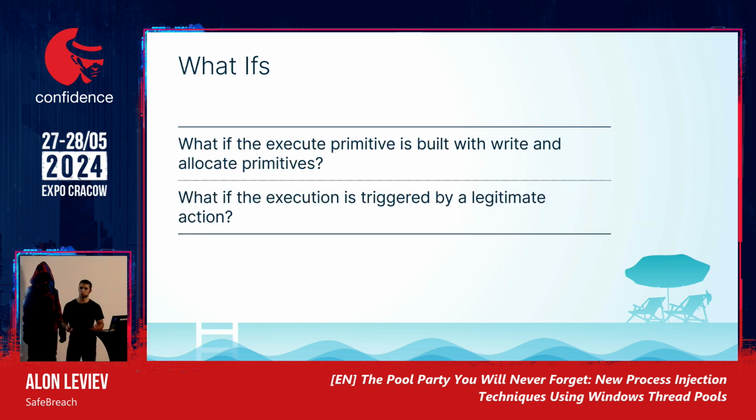Based on the detection approach lessons learned, we know that writing and allocation primitives are not detected. So what if we created an execution primitive which is based only on allocation and writing primitives? Furthermore, what if the execution is triggered by a legitimate action? What if I told you that writing to an innocent file on the file system could trigger a malicious shellcode